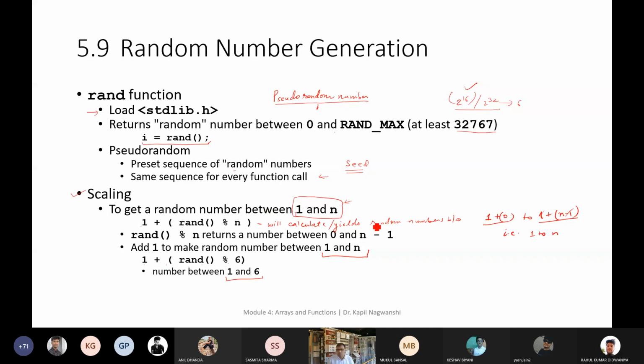Suppose you have developed algo 1, algo 2, and algo 3. The same set of numbers will be transferred to each algorithm. So it is better than writing them by manual typing. We just pick a seed value, and on the basis of this seed value, each and every time the same set of random numbers will be generated here, here also, and here also.